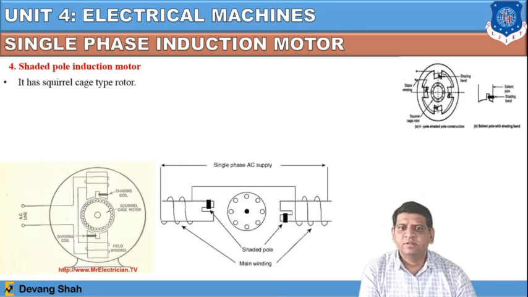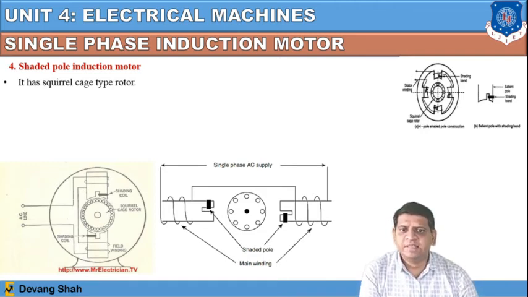You can check the single phase AC supply, where this is a pole and this part is a shaded part, which contains a very small area. There is also a shaded coil connected. This particular portion also works a little bit like a transformer, where the primary and secondary are in opposite directions. That way you can control the production of magnetic flux, and that flux is very important to give the rotation of the rotor inside this single phase induction motor, right? So this is the overall arrangement of the shaded pole induction motor.